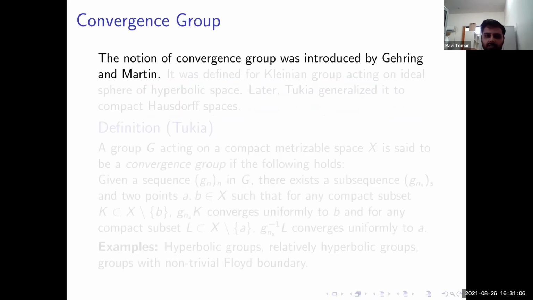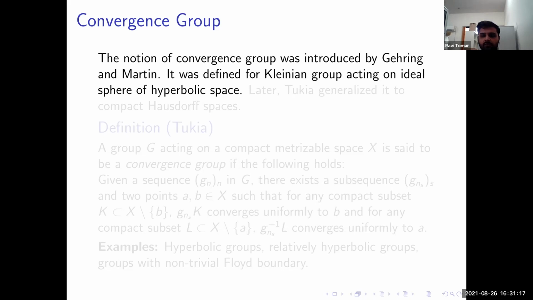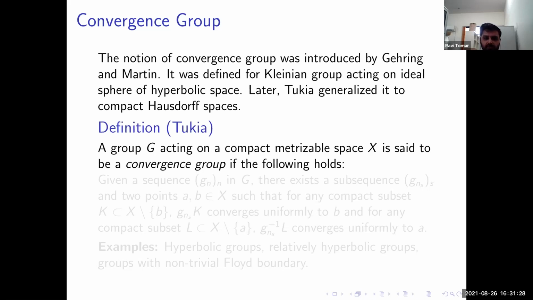So I will start with the definition of convergence group. This notion of convergence group was introduced by Gehring and Martin, I guess, in 1987. It was defined for Kleinian groups acting on the ideal sphere of hyperbolic space, but later Tukia generalized it to compact metrizable spaces. So the general definition is due to Tukia. A group G acting on a compact metrizable space X is said to be a convergence group